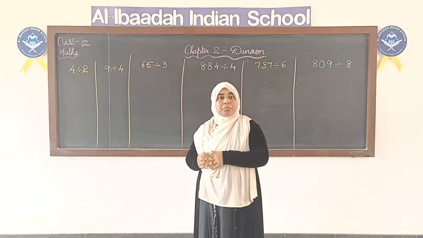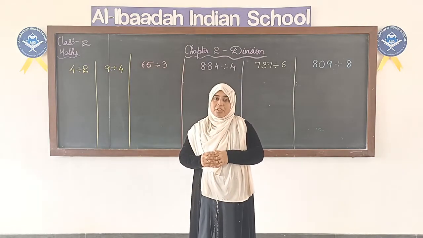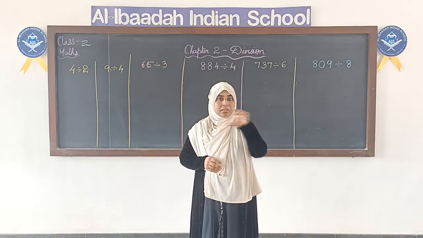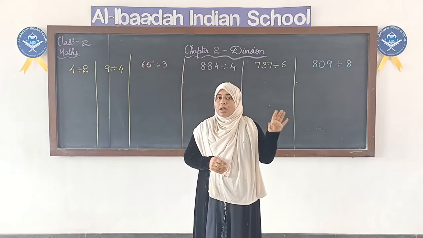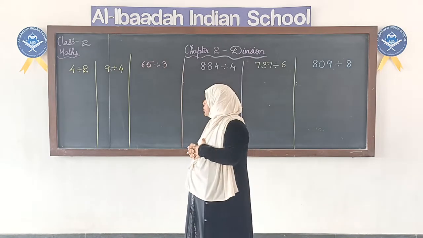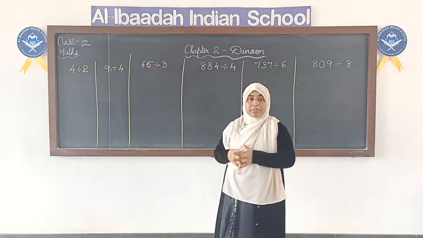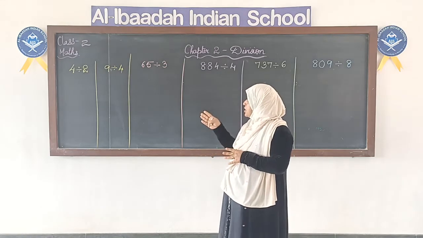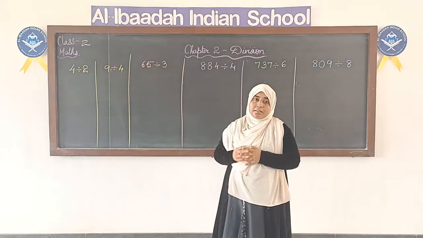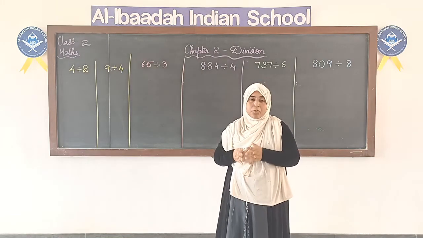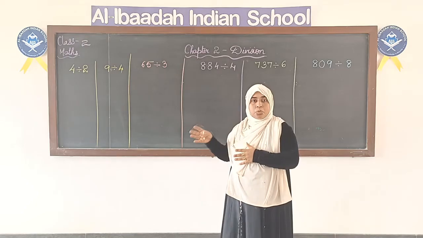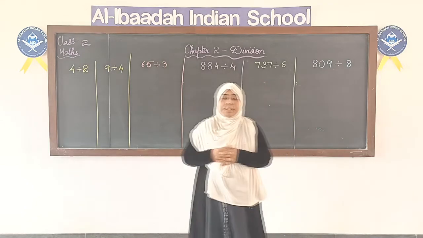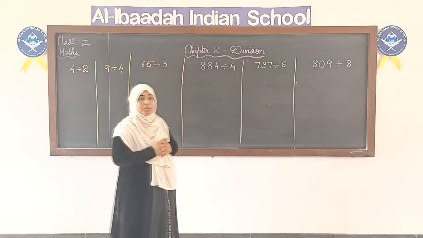Okay, the division we did in our previous video was horizontal, like in one line we were writing the answer, right? Today what we are going to do is long division, fine. We will see how we do long division of 1-digit numbers, 2-digit numbers and 3-digit numbers. The steps are the same. If you understand the steps, whether it is 2-digit or 3-digit, it will be easy. And most important, you should know the tables.